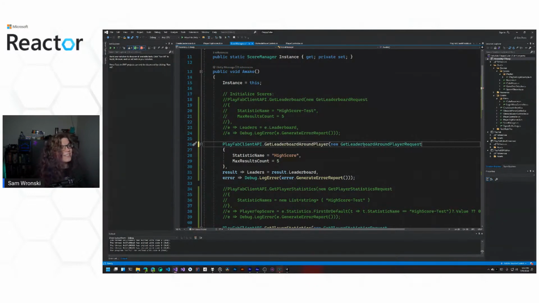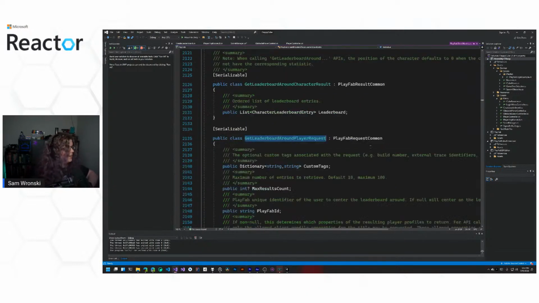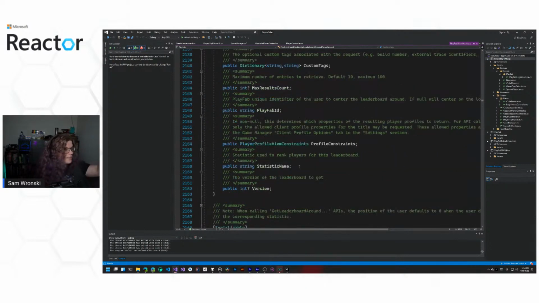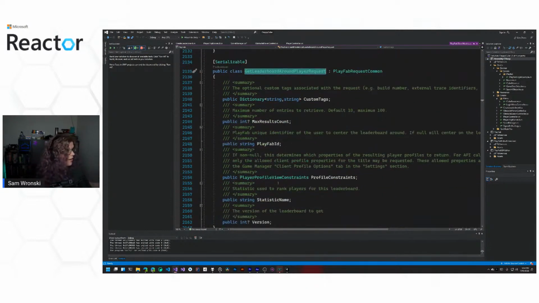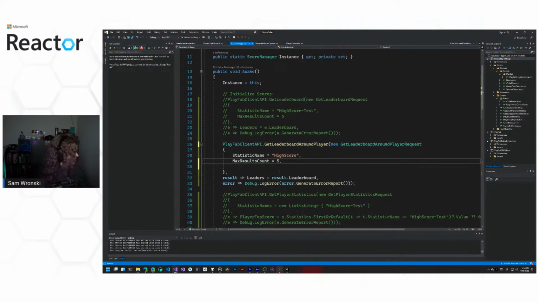But this allows you to pull information about what's around the player and actually get local information. For us, we have 2 users. We have nobody anymore with a score, so this isn't actually that useful for us. But the results you're going to get are going to be very similar, where we're passing the statistic name and getting something new. This will allow you to get those nearby things, and the result is fairly similar as well.